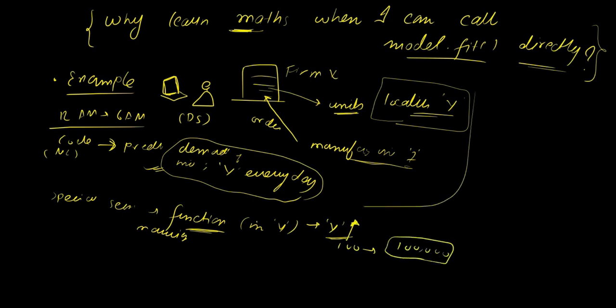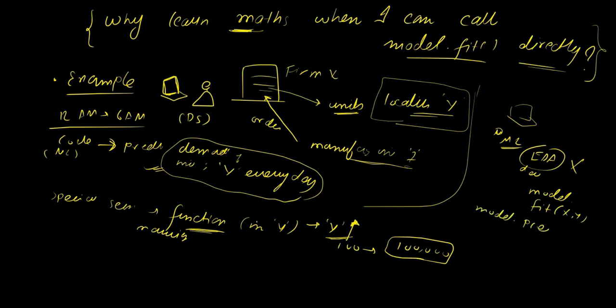Now, what was your code doing? If your machine learning code, without any EDA, without any study on the data, without anything, directly called model.fit, this model could be a machine learning or deep learning model, anything. We just called fit on X and Y and called model.predict. Now, the data on which the model was trained was pertaining to around 100 units daily, right? Someday 100 units, someday 120 units, someday 300 units, but not exceeding 500.